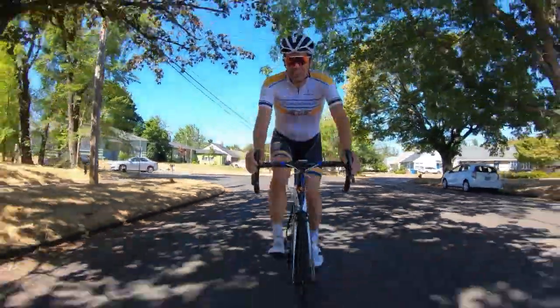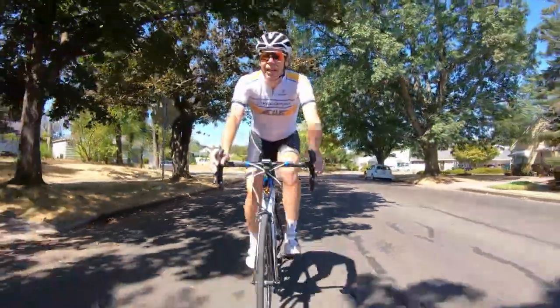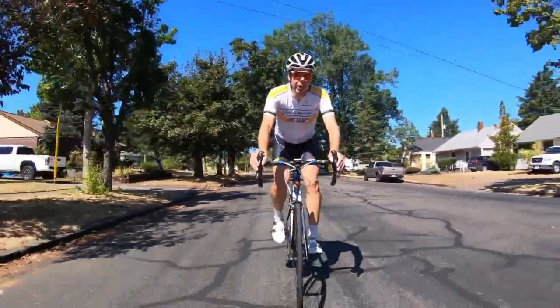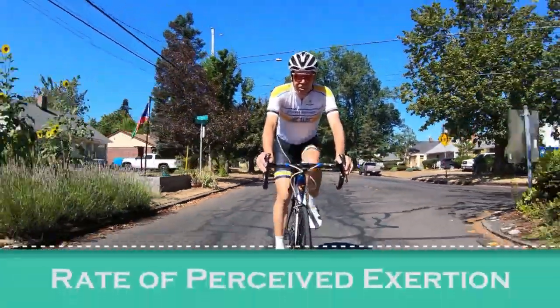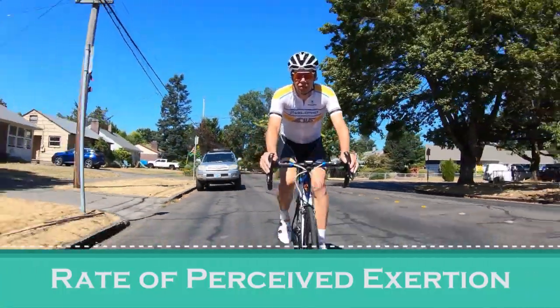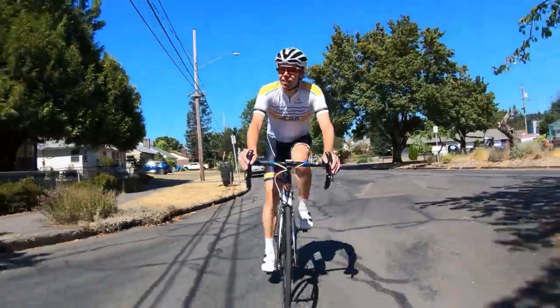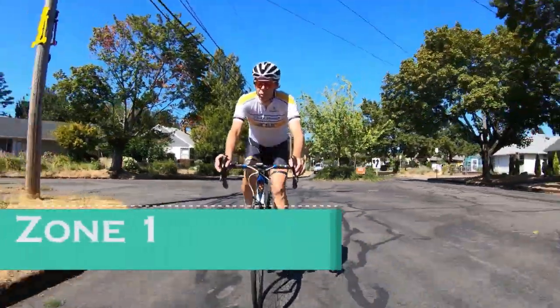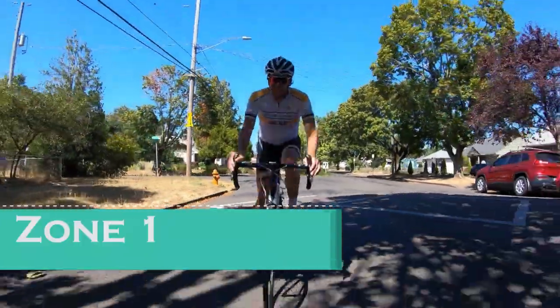We're going to talk to you a little bit about how to know which zones you're in without necessarily having to have a power meter, or rather just let you know what each power zone feels like in terms of rate of perceived exertion. So the first one is right where we are right now, level 1, almost like you're